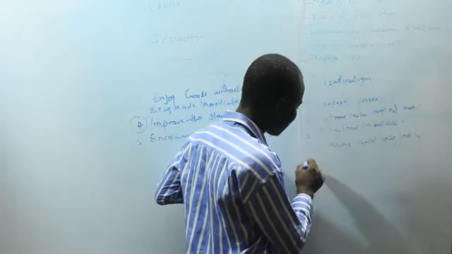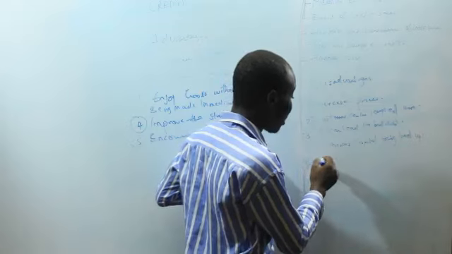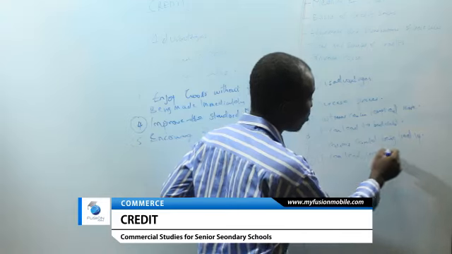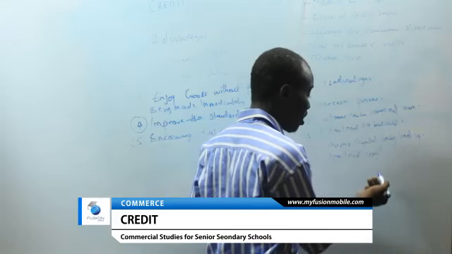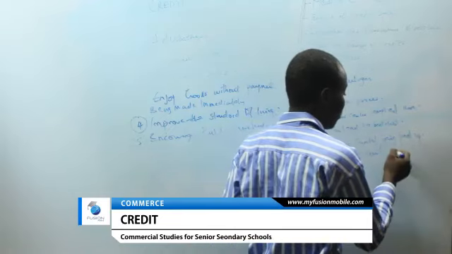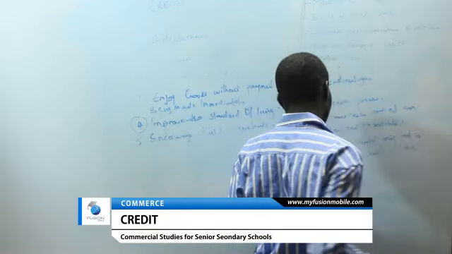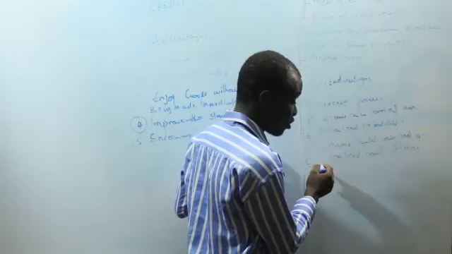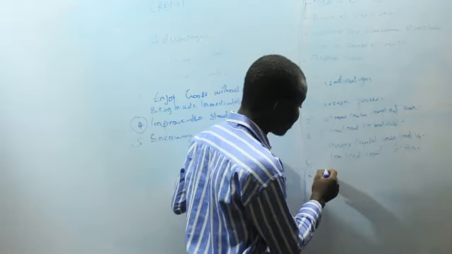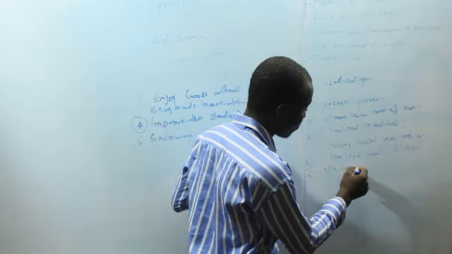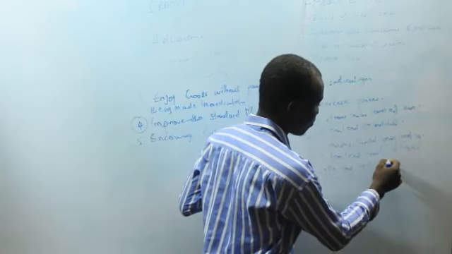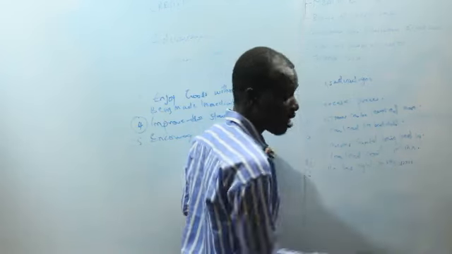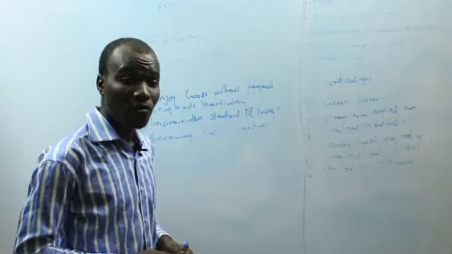Number five is that it can lead to court action. Credit sales can actually lead to court action due to the refusal of the buyer to pay or to settle the seller. And again, even though the goods are being sold on credit, in some credit sales aspects the seller has the right to repossess the goods. So the seller has rights to repossess in some aspects of credit sales.